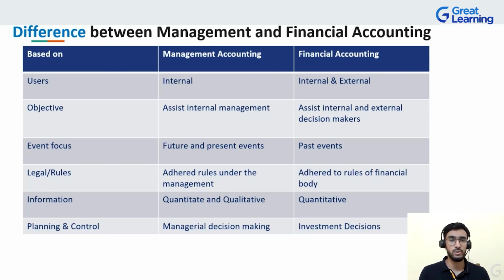So now that you have understood the difference between management accounting and financial accounting based on users, let's move on to the next point, that is the objective. The objective under management accounting is written as assisting the internal management, and for financial accounting it is written as assisting the internal and external decision makers. So it is almost the same as the users. The users, as we said, are the internal management, right? So from an investor's perspective, if you actually are a good investor,